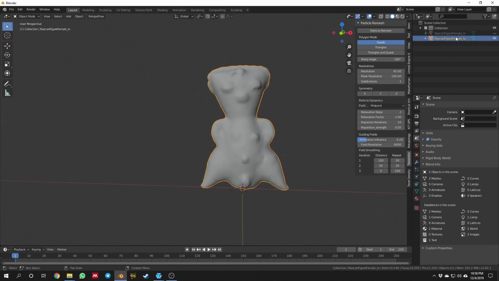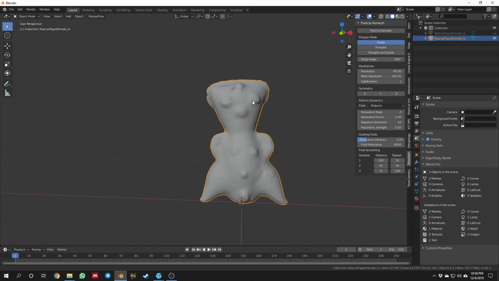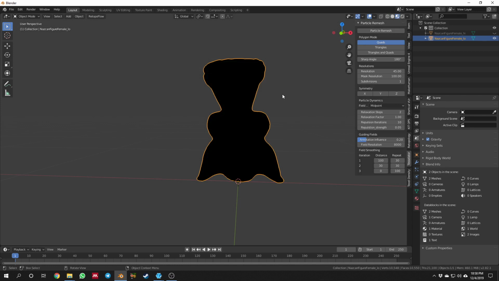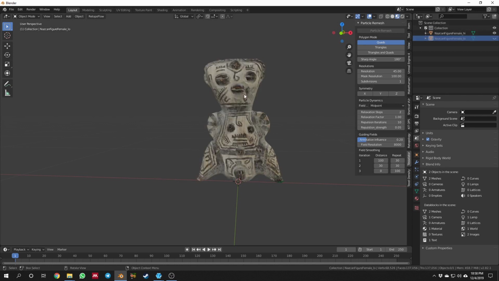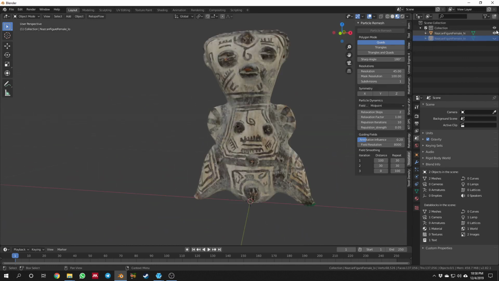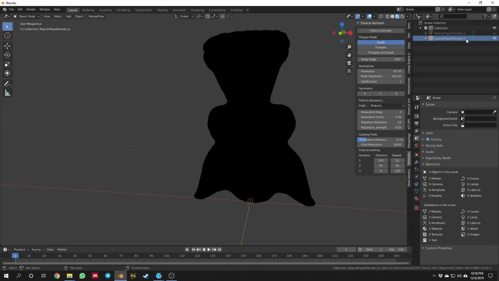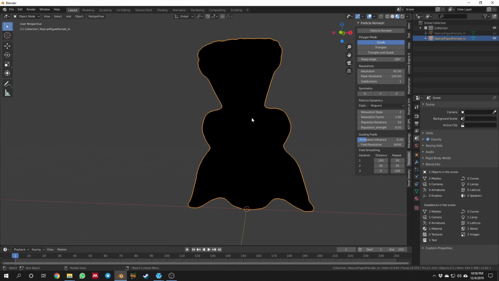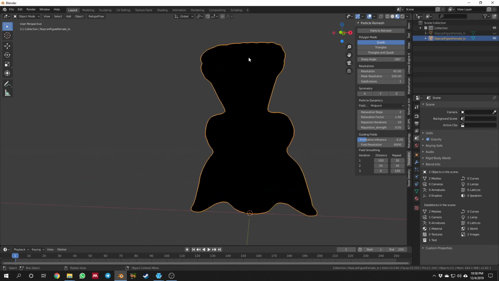Okay, right now this object is sharing the same texture space, but if you'll notice, it probably doesn't look very good if I enable it so that we can see what the textures look like. The high has all these beautiful textures on it, and I'm going to turn off that visibility, turn on the visibility for the low, and it doesn't. So I'm going to have to create a new UV layout for the low. So let me go to UV editing